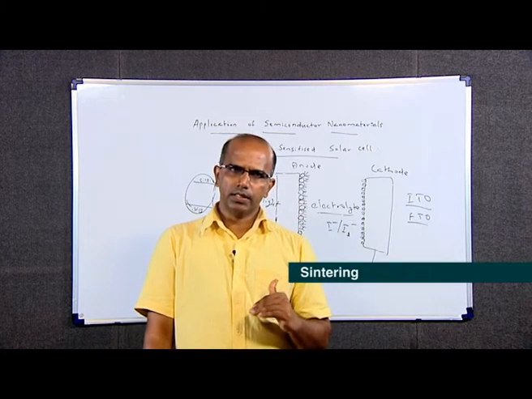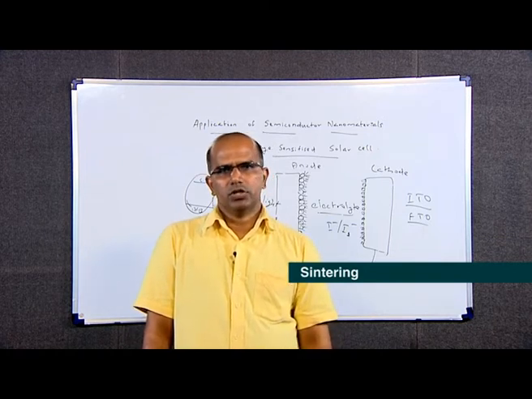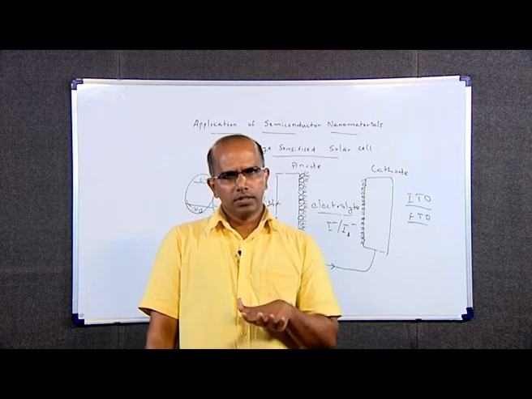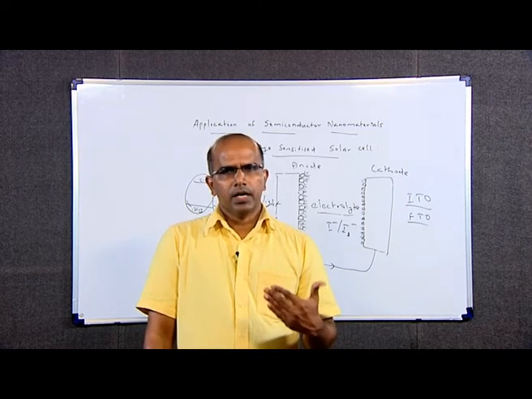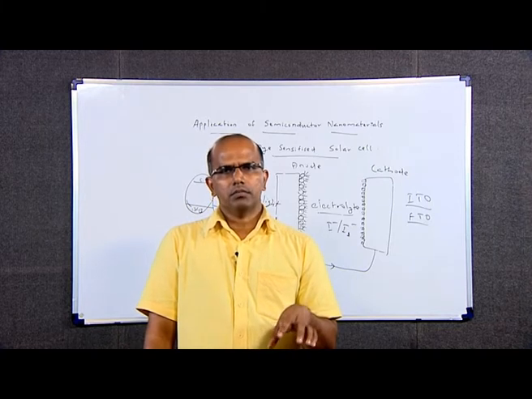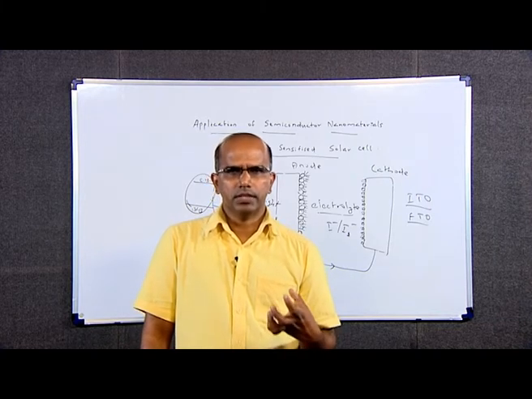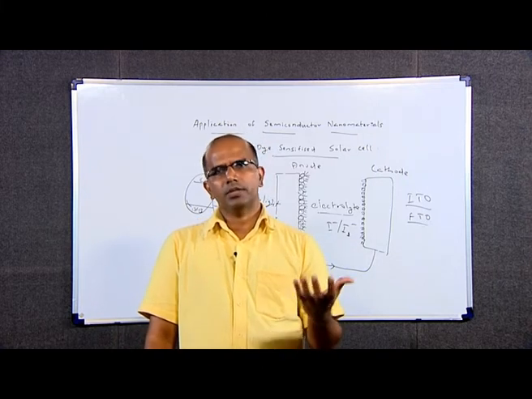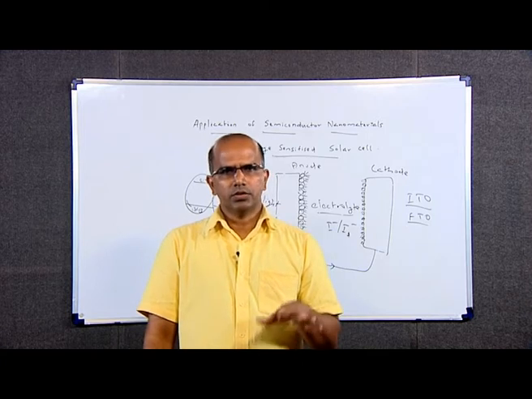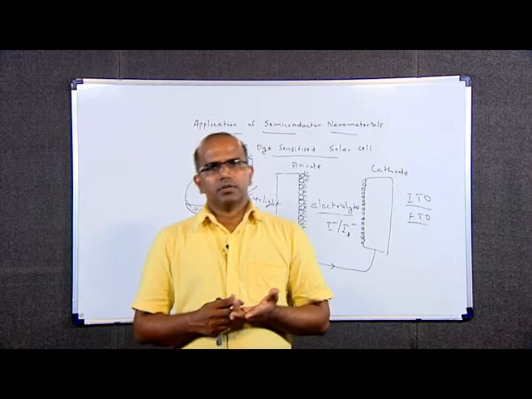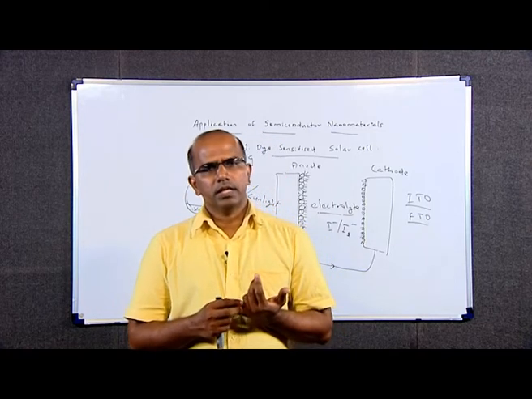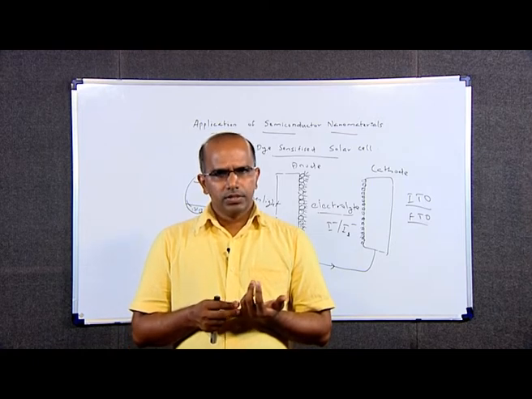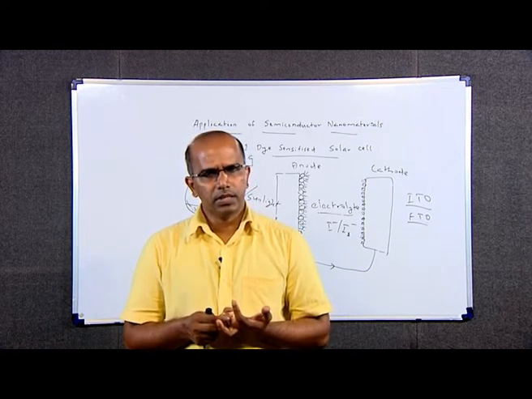Then the fourth step involved in the DSSC fabrication is sintering. We have to sinter the electrode at a temperature of 400 degrees Celsius. Then only the electrode material will become crystalline, and also all the binder, ethyl cellulose, which is used as the binder, can be removed from the electrode material. So, we do the sintering to remove the binder from the paste, as well as to make some crystallization in